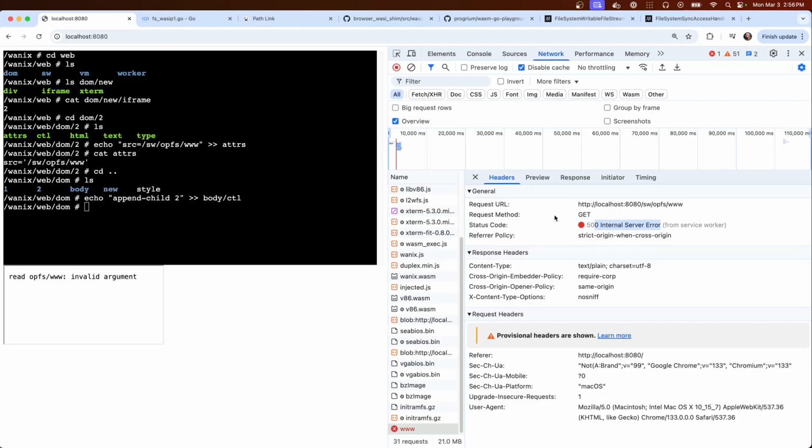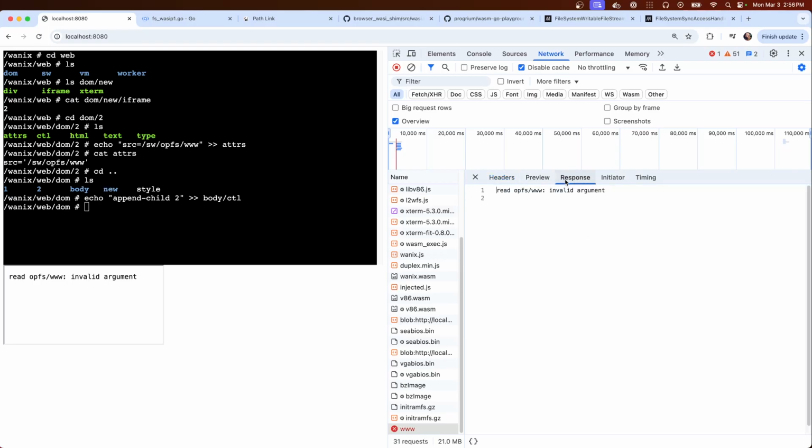Okay, so OPFS www. Invalid argument. Why? Huh.